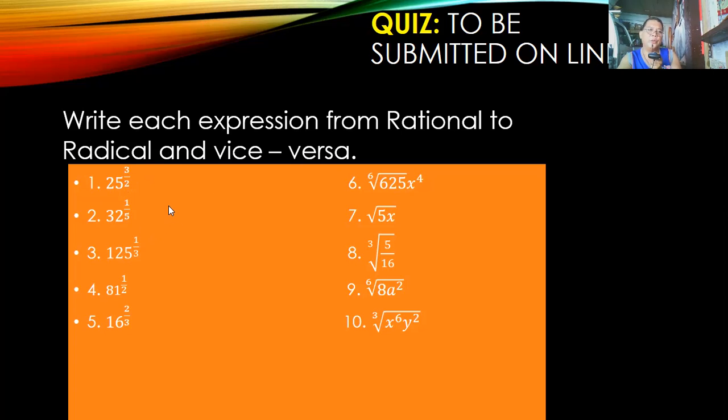We are going to transform these rational expressions into radical expressions. And this one, 6 to 10, the radical expressions, we're going to write into rational expressions or exponential form. Okay? So you will submit this online